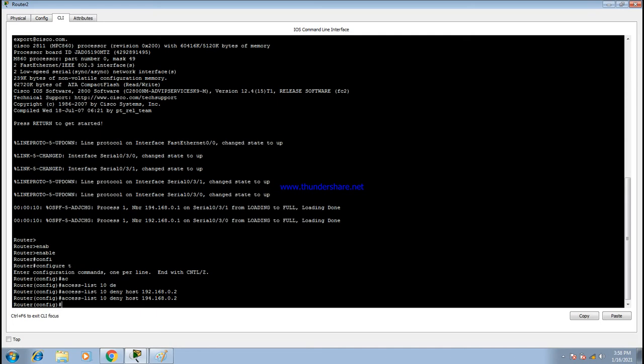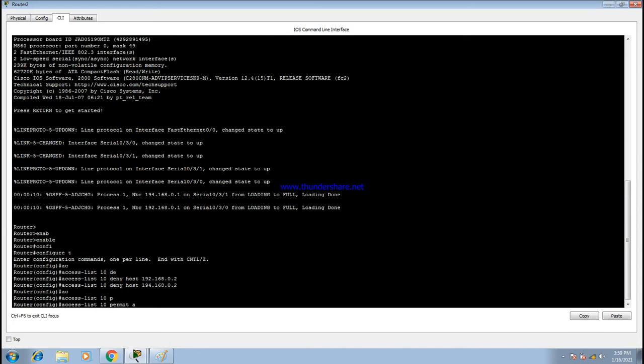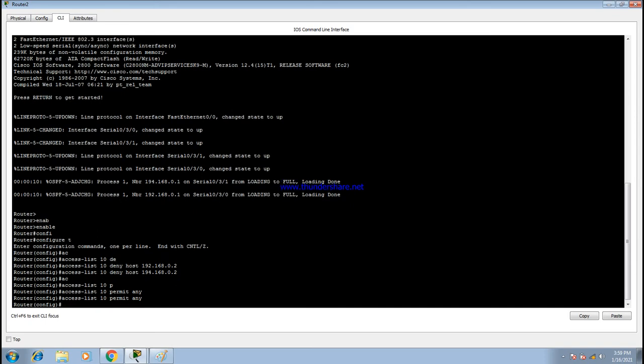So then the second option, you want to give access list. So first you give the deny option, then you give the allow option. Okay, so what do you give? Give access list, then the same 10, and you give permit. Okay, permit any. Once it's over, give enter, then exit.